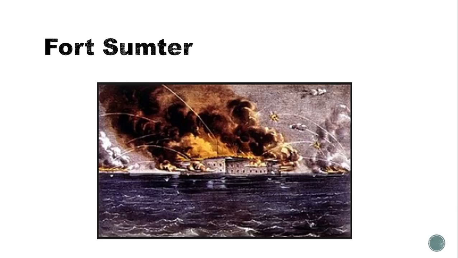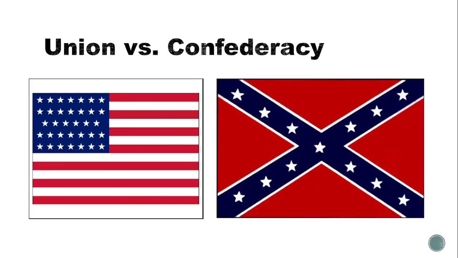After this, 4 more southern states seceded: Virginia, Arkansas, North Carolina, and Tennessee. Border states like Maryland, Kentucky, and Missouri still stayed within the Union, but they still had slavery, and the Union still let them have slavery. So we have the Civil War where you have the Union versus the Confederacy. The advantages of the Union,